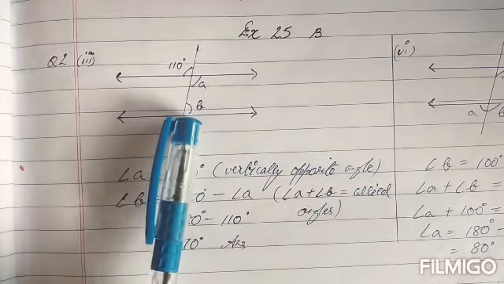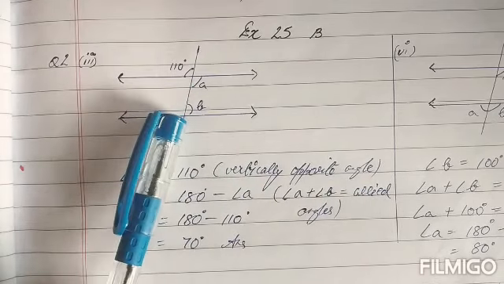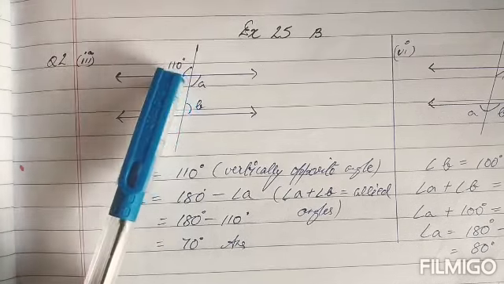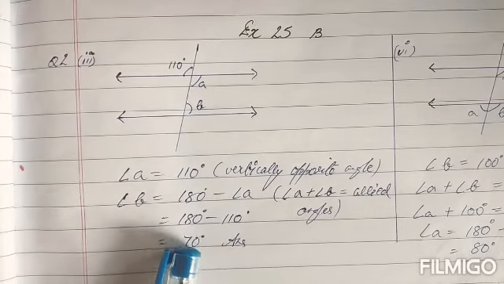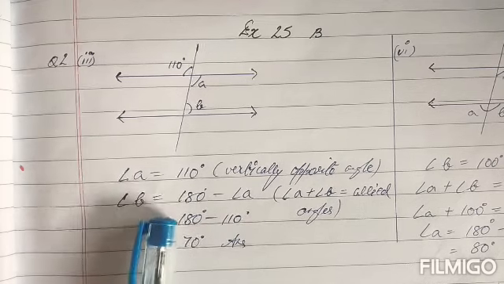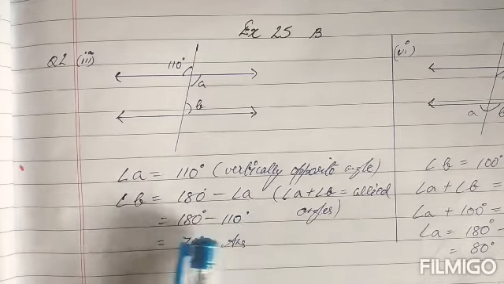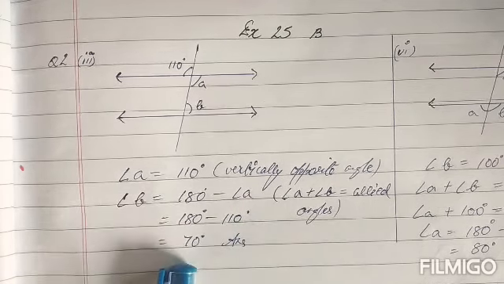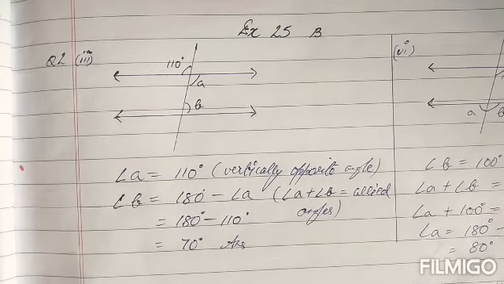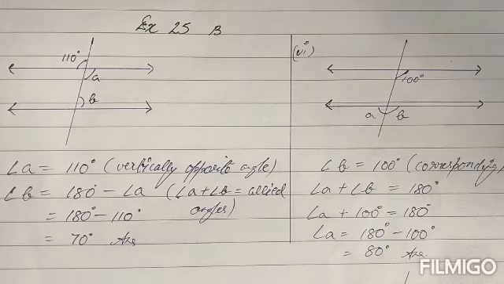Now what is angle B children? A and B, right now I have told you, these are the allied angles or the co-interior allied angles. So in that case children, the sum of A and B is equal to 180. So we are going to derive how much is angle B. Angle B is 180 minus angle A. So that is 180 minus angle A 110, which is equal to 70 degrees. So this is how you do question number 2, the third part.